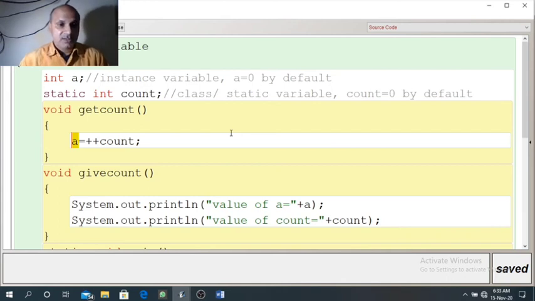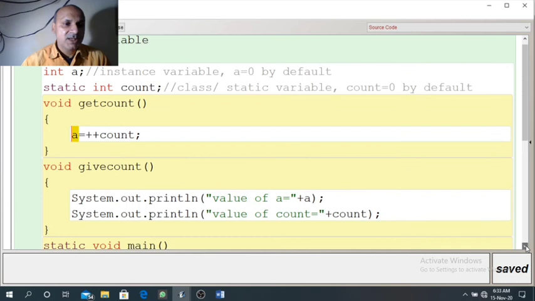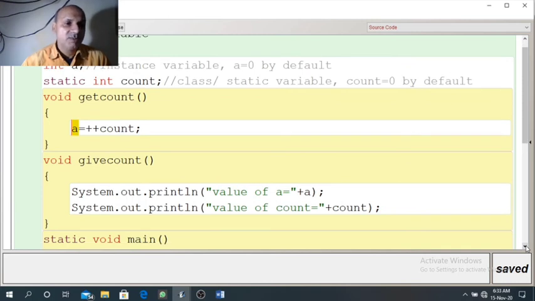So after these two statements are executed, the value of count will become 2 and it will be shared between both the objects ob1 and ob2, but the value of a will be 1 for ob1 and 2 for ob2.